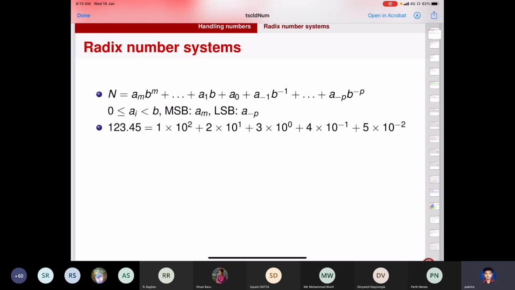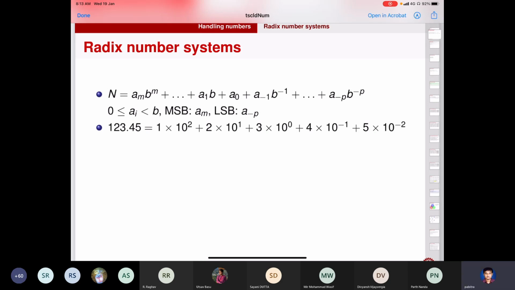Actually, they had a very strange, in fact, the Chinese also started a radix number system very early, about 4,000 years back. There is a strange thing: both Mesopotamia and China used this kind of radix number system for adding, subtracting and multiplying, but when they wrote numbers, they did not use a positional number system. They used some symbols. I think India was the first place which used a positional number system, both for writing as well as mathematical operations. Anyway, I will forget about the history. So a radix number system